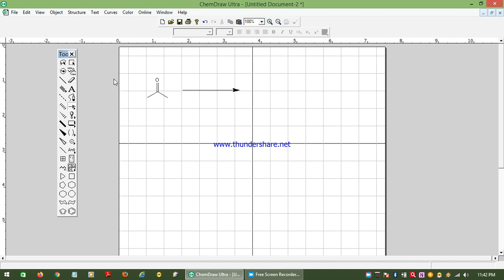Okay, if you want to have an aldol condensation reaction, you can take NaOH, sodium hydroxide, on the reaction arrow. Your product will be